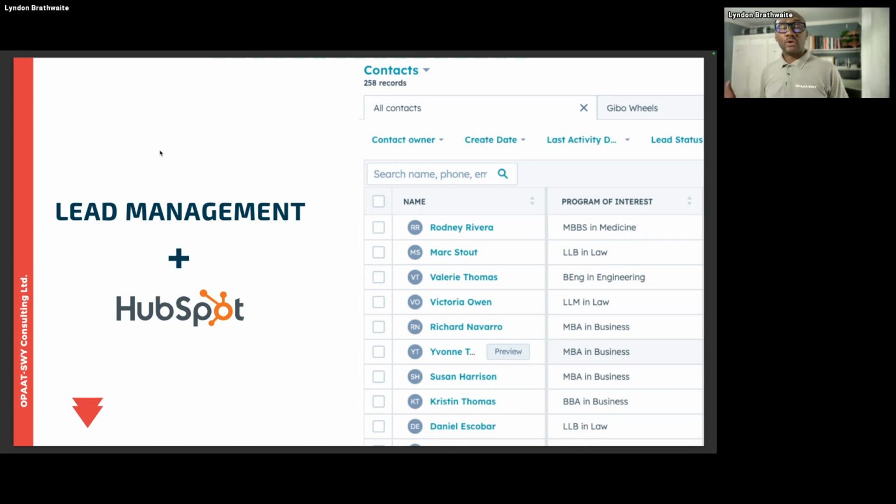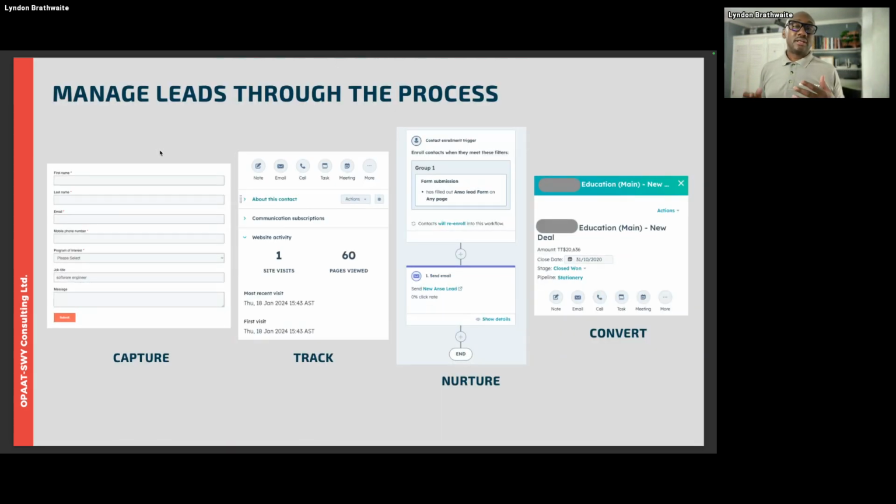We'll touch on the actual CRM after, but I want you all to visualize a couple of things, right? The first thing that I like to encourage people to look at is understanding what proper lead management should really be. So we're looking at how you capture leads, whether you're bringing them in manually, doing it from your phone, or writing it down on a piece of paper, and then bringing it into the CRM. So it starts off with the capture. In this instance, what you're seeing there is a form. And then from that, how do you track? Are you using any task management tools? Again, we keep in the conversation of lead management.